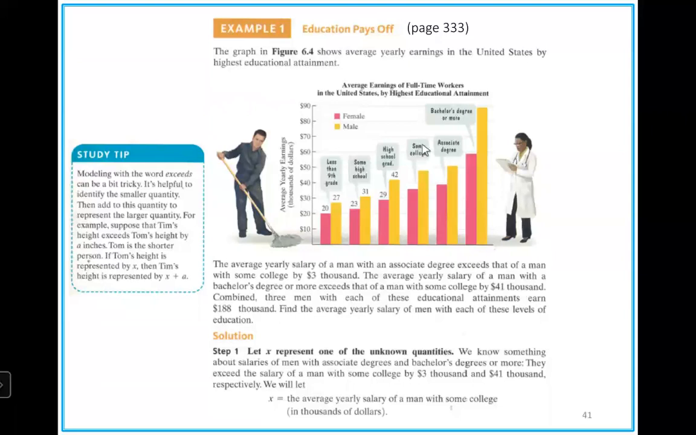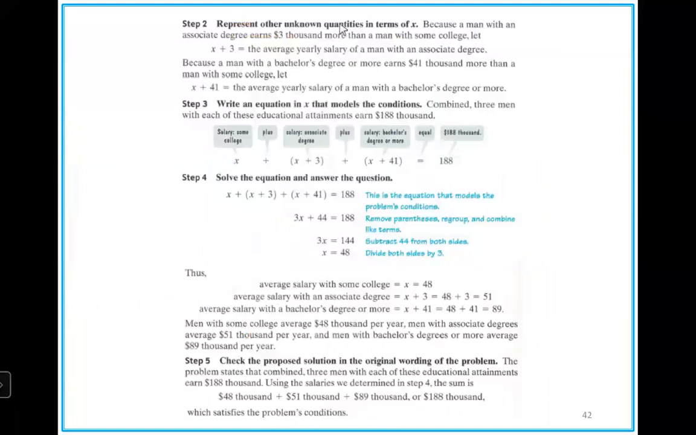Okay. So moving on. Represent the other unknown quantities in terms of X. Because a man with an associate degree earns 3,000 more than a man with some college, then X plus 3 would be used to represent the average yearly salary of a man with an associate degree. Because a man with a bachelor's degree earns 41,000 more than a man with some college, then you say X plus 41 would be that person's